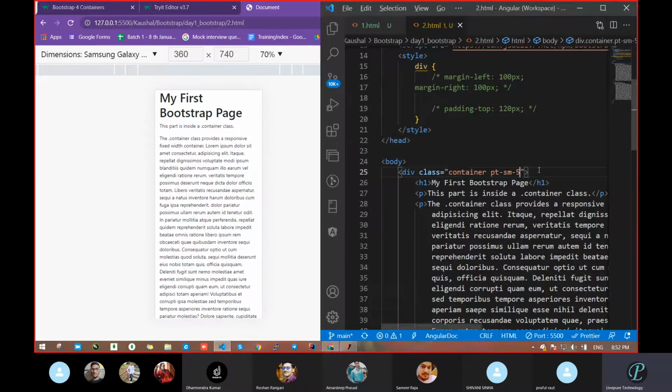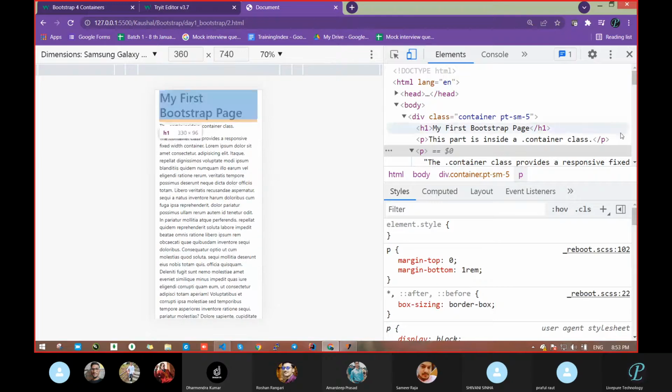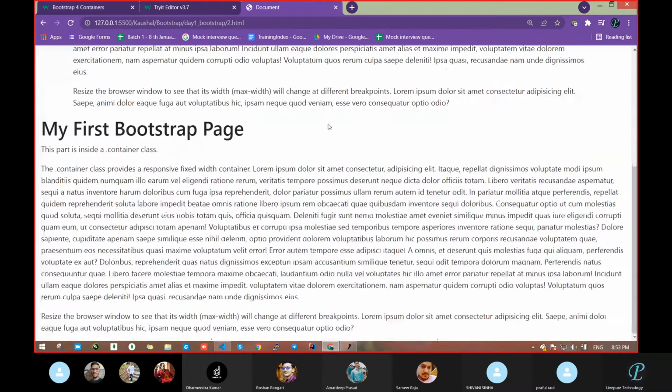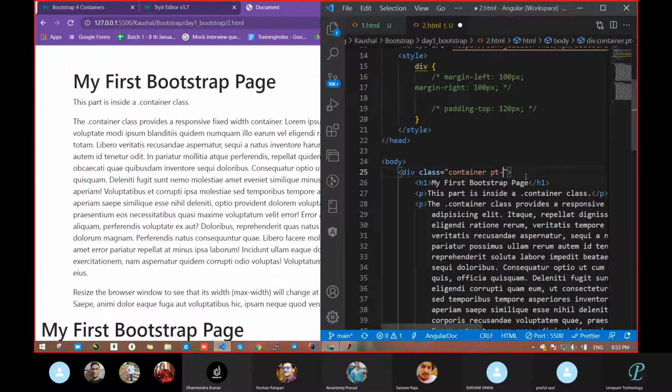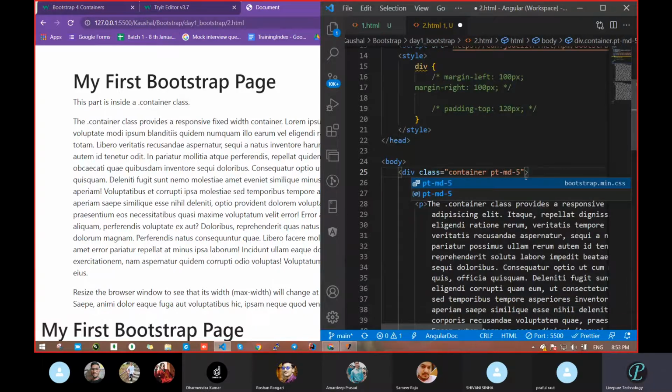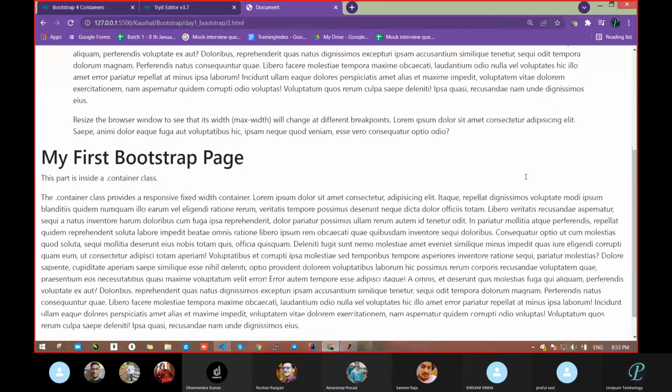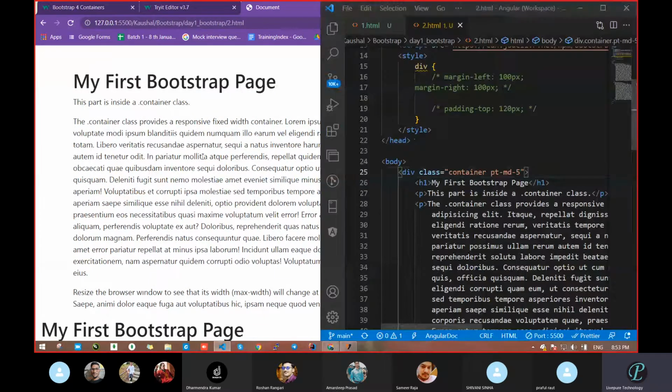It's not given again. Let's save. MD hyphen 5. Let's save. It is given here in this case. We will learn this also later. With the help of screen dependency, meaning which type of screen you want, you can pass MD, SM, or LG: LG for large screen, MD for medium, SM for small. Three categories are there, so you can apply what you want for which type of device.